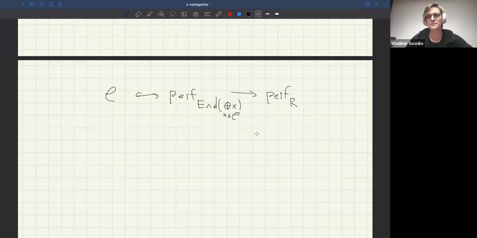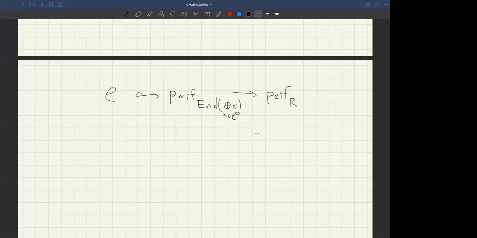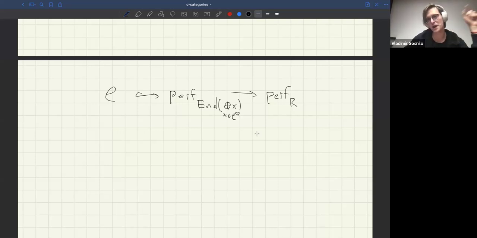Maybe a third question: is there any hope to obtain some smaller resolution? Yeah, so you have this level K in the definition of a C category. Assume you pick the minimal such K, the minimal level. Then you cannot obtain a resolution that is shorter than K. But if you're looking at a C category, it's sometimes not clear whether you can actually make it shorter. It's not entirely obvious. So it's hard to find this minimal level sometimes.